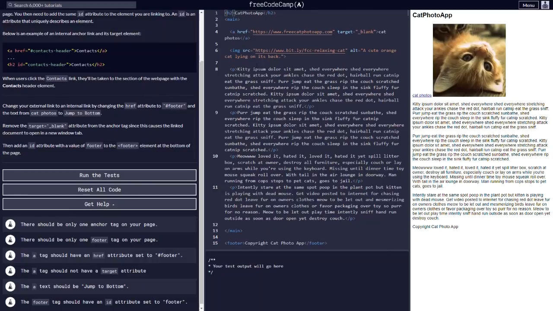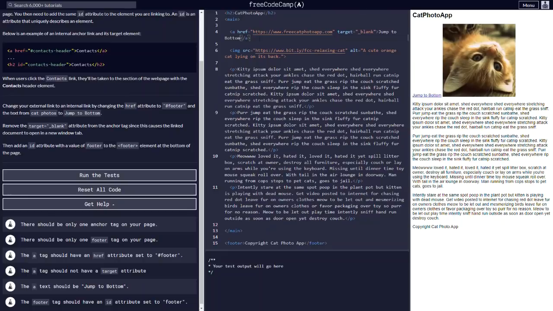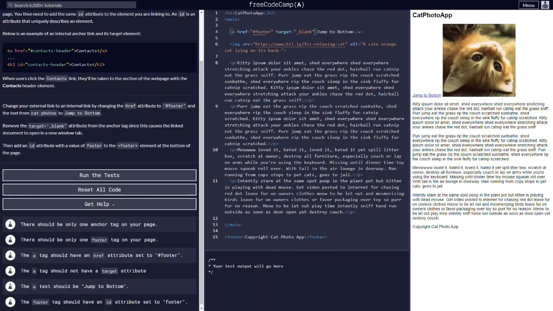Change your external link to an internal link by changing the href attribute to footer, and the text from cat photos to jump to bottom. Cat photos should be changed to jump to bottom, and href is going to be changed to an internal link, which in this case is footer, which matches the